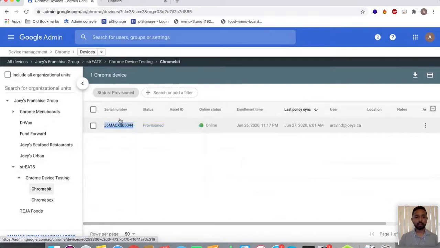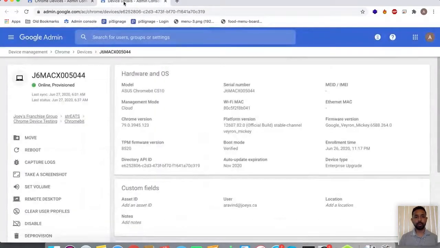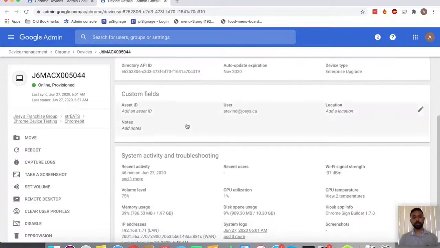On clicking this one, you will get more information about that enrolled Chromebit. You can remotely reboot the device, take a screenshot of what's displaying on it, or remotely desktop into it to manage the device. On the right side, it displays all the information about the model of the device and the operating system it's running, etc.